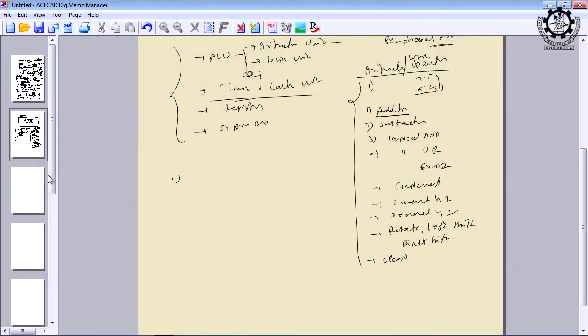Then the second component is, okay, before going to timing and control unit, let us go through registers. What are the different types of registers supported by microprocessor 8085? So, already I have told you there are 6 general purpose registers of 8 bit each, that is B, C, D, E, H, L. Accumulator is a special purpose register, it is not general purpose. Why? Always it will hold one of the operands, and when the operation is over it will hold the result. In that way it is special.